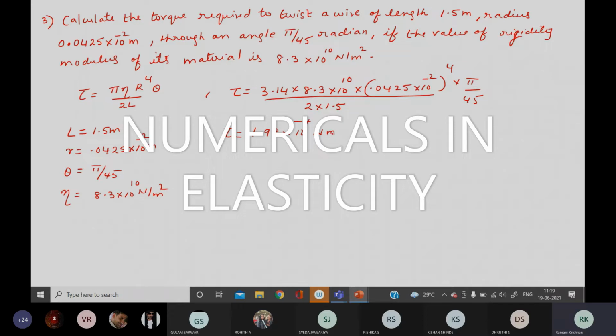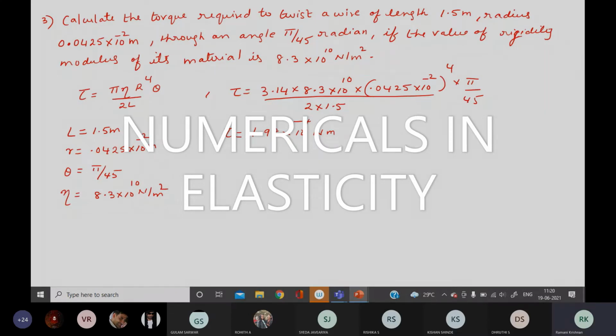Good. So I'm waiting for others to finish. The answer is in this only one numerical will come. 1.98 into 10 power minus 4 Newton meter. You saw how pi by 4, I think directly you have done 3.14 divided by 45, isn't it? Right. So those who are doing, I'll go for the next slide. Do you want me to wait? 1.98, starting from Abhishek DC, Vikas Gowda, Vinay R.